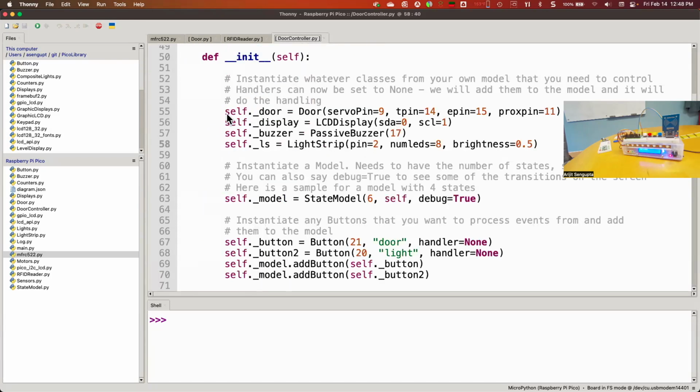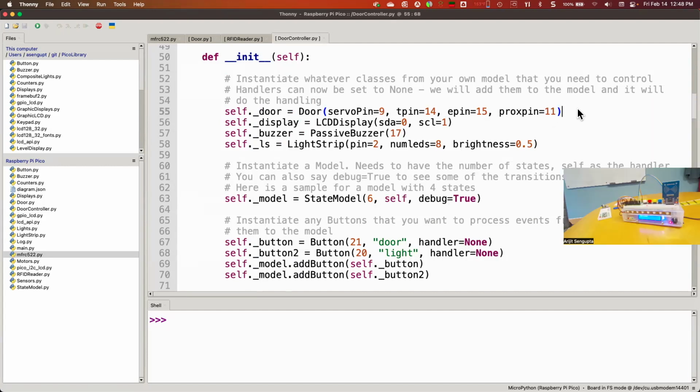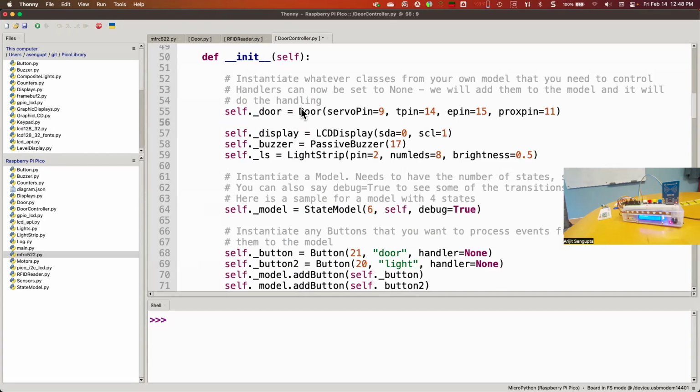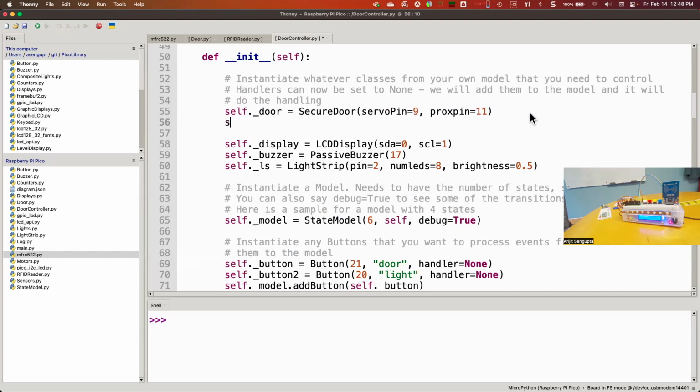Of course, the controller is still using the old door class. We have created a secure door class. Now we're going to have to use that one instead of the door class. So we'll say secure door. And of course, the T pin and E pin go away. And what we will need to do is